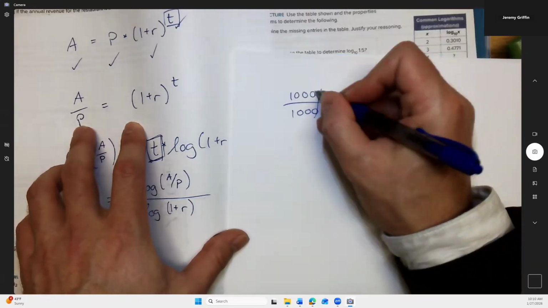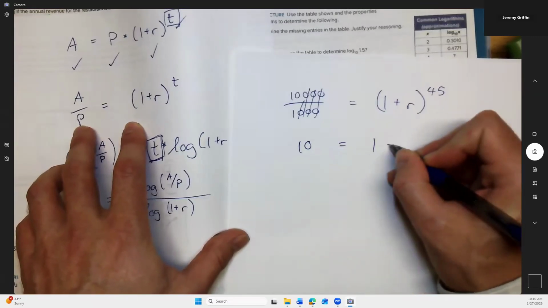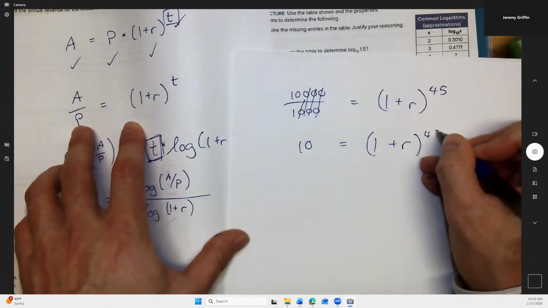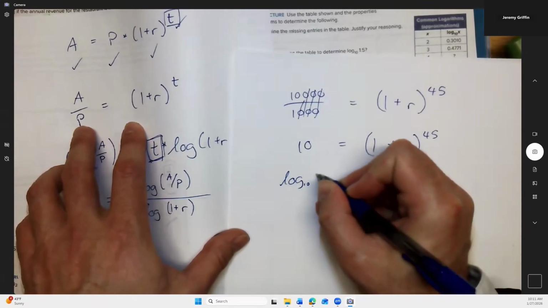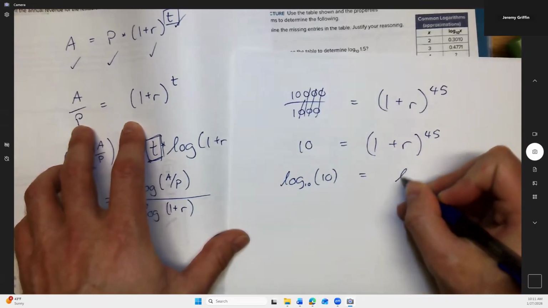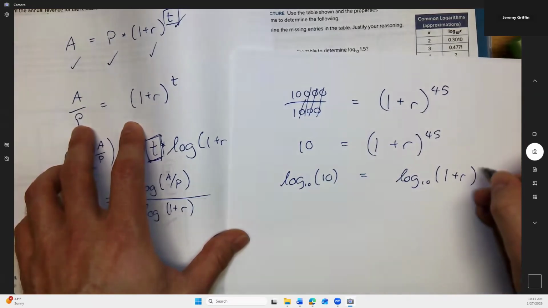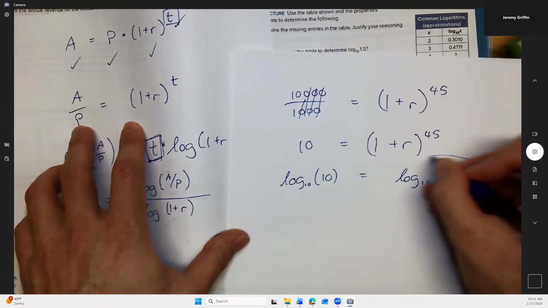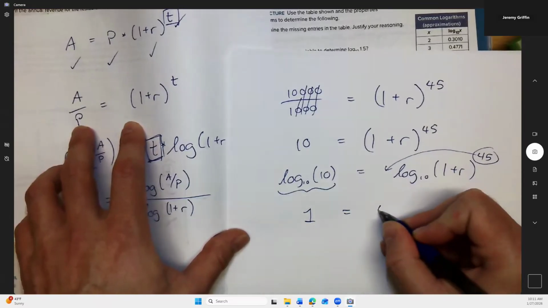So it's 10 equals 1 plus r to the 45. Now I can take log base 10 of both sides equals log base 10 of 1 plus r, and the 45 can of course come in front. Log base 10 of 10 is 1, equals 45